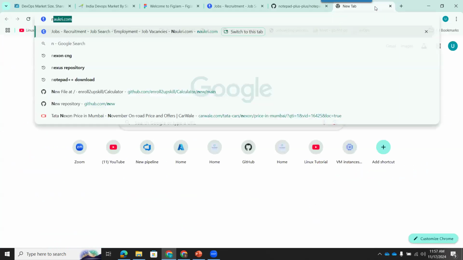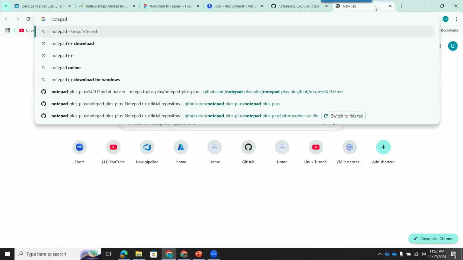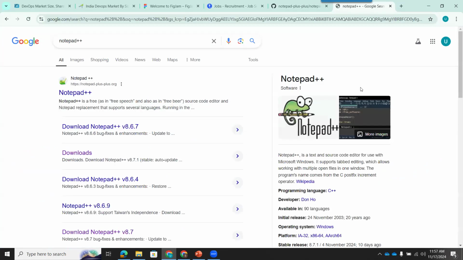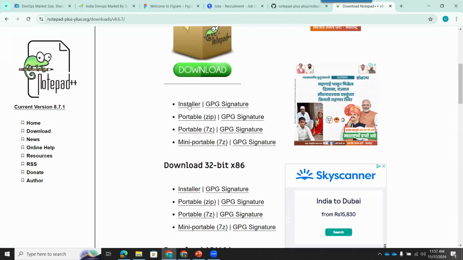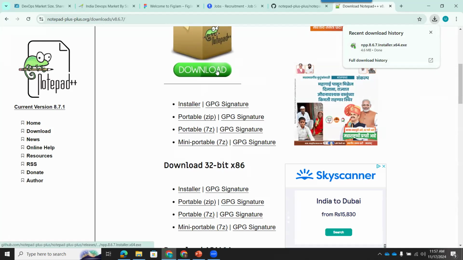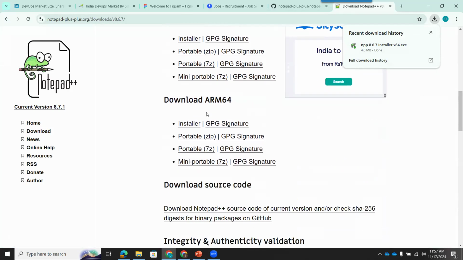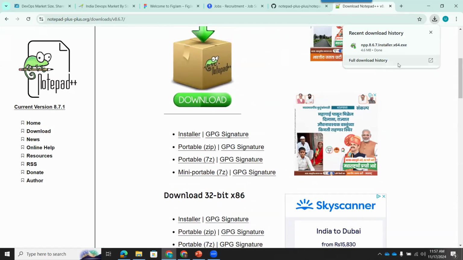Now what you will do as a DevOps engineer: come to the official website and download Notepad++. Whenever you have to install, you click here and click on install, and you get an exe file. This is a DevOps engineer's job, and we call it a build. It is a desktop application that works on the Windows platform, that's why it is .exe. If it is for Mac OS or Linux, it will be a different format. If it is a web application, it will be jar or war files.